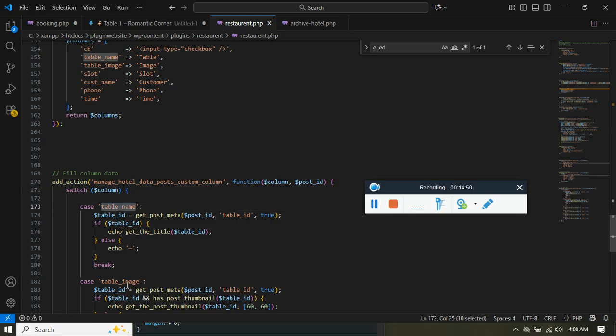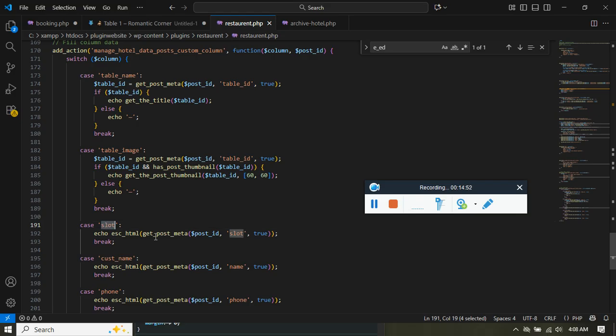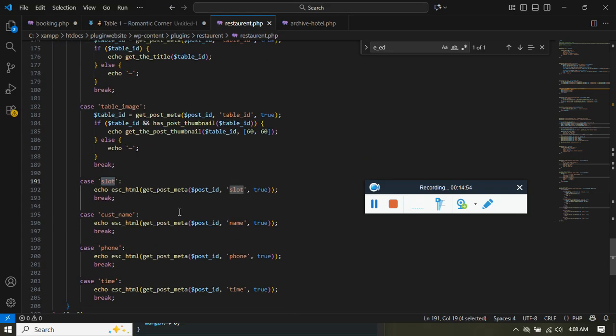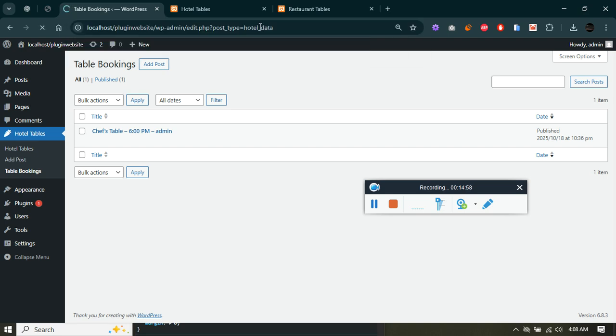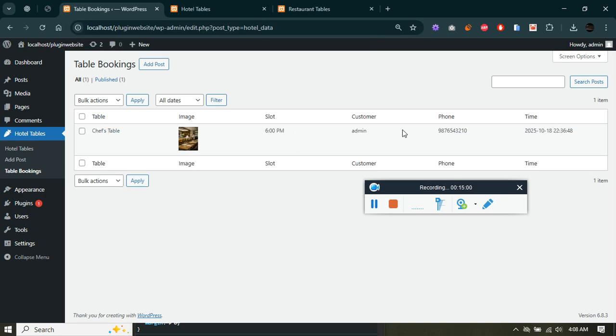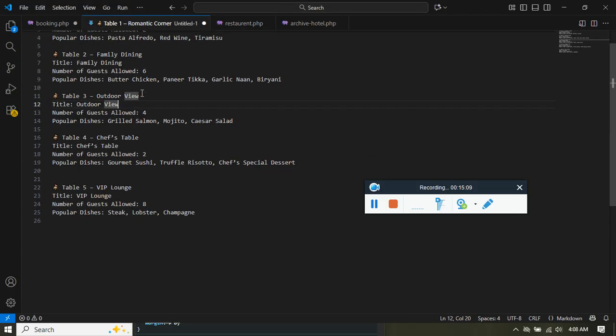Case for the table, case for the image, case for the slot. Each of them will be just getting the value from get_post_meta. So if I make a refresh, you'll find the relevant post details. So as of now, we could see, let's try adding one more table to make sure, the outdoor view,